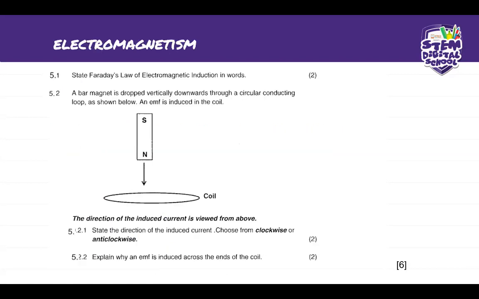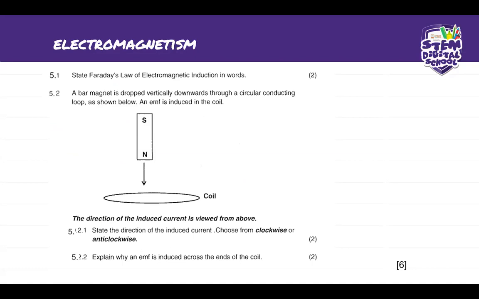So now we move to electromagnetism. Remember, guys, I told you that for electromagnetism, we're only doing the theory part for this year, and that is according to the CAPS ATP amendment schedule that they've made. For electromagnetism, we won't be doing calculations whatsoever. So here we can have our first question, which says